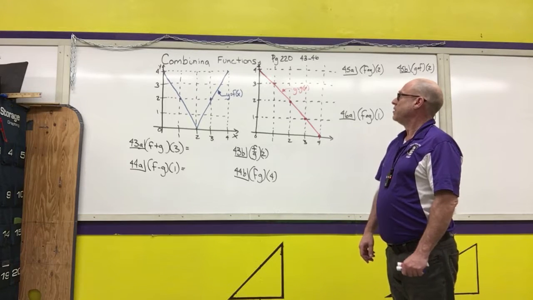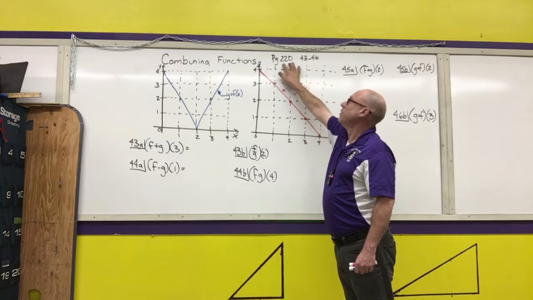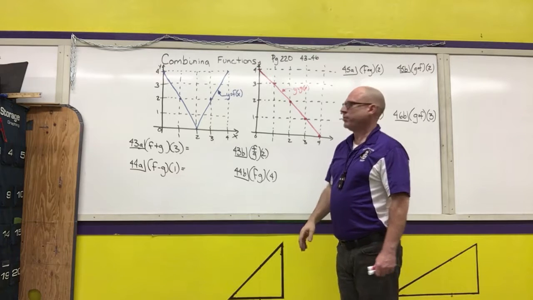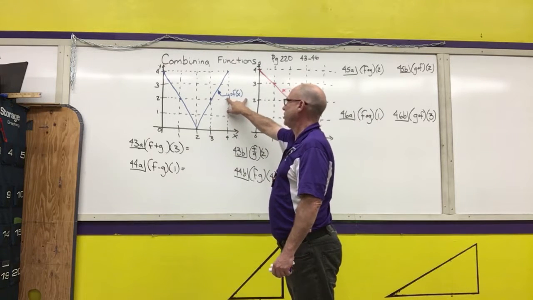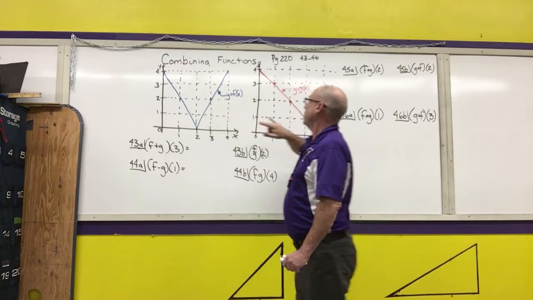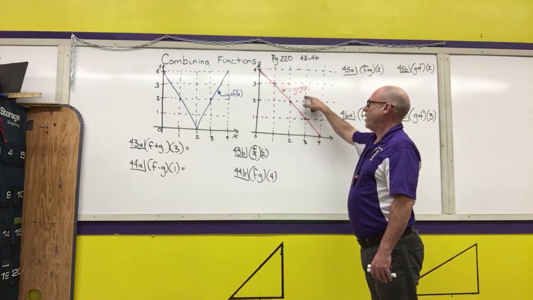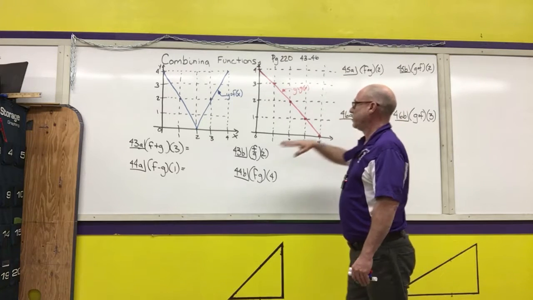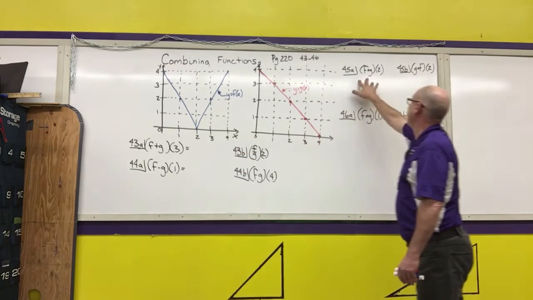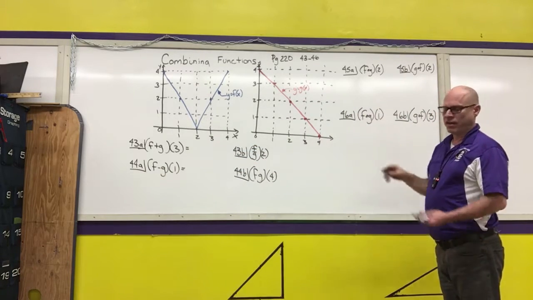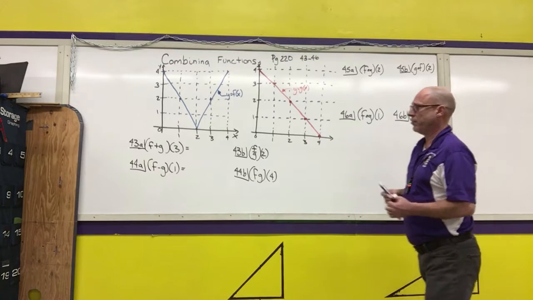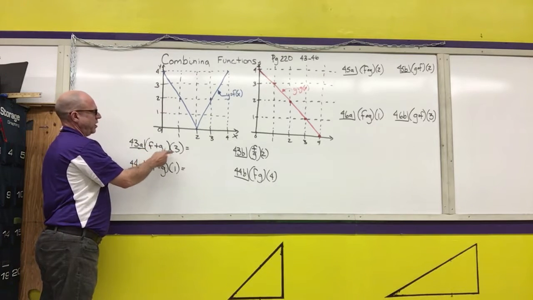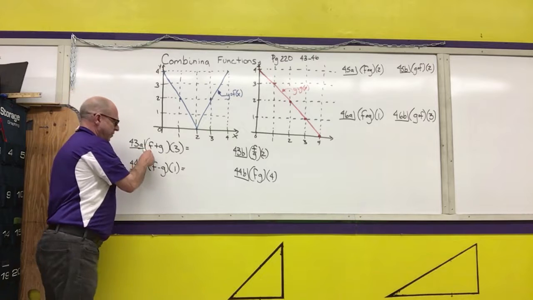The last examples I'm going to do from this section are on page 220, homework problems 43 to 46. They give you two graphs. The first graph is the graph of the function y equals f of x. And the second graph is the function y equals g of x. Then 43 through 46, they give you 8 different combinations that they want you to perform using the information from these two graphs. So 43a says to perform f plus g of 3, which is f of 3 plus